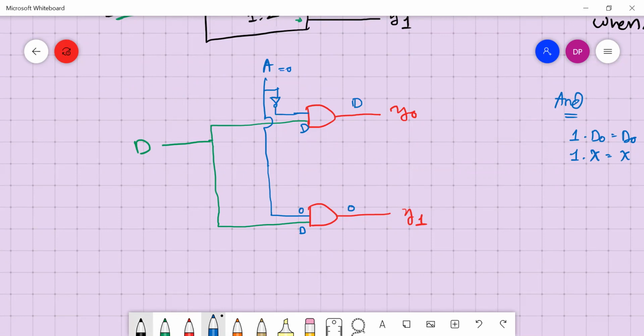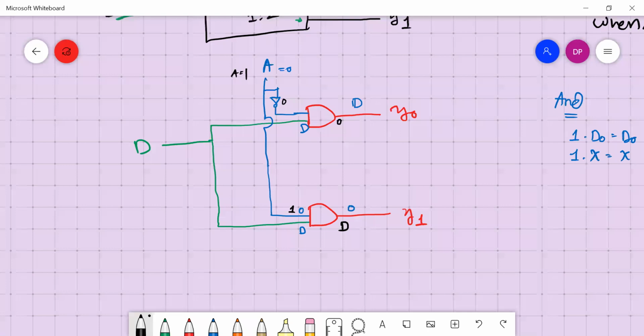Now when A is equal to 1, let's check. This becomes 0, so this output is 0, and the other one is D.